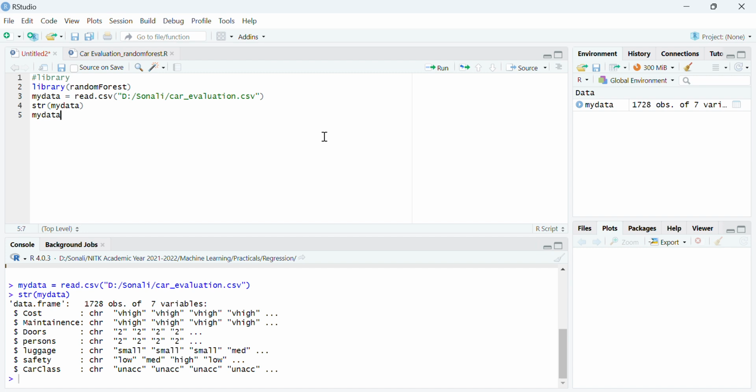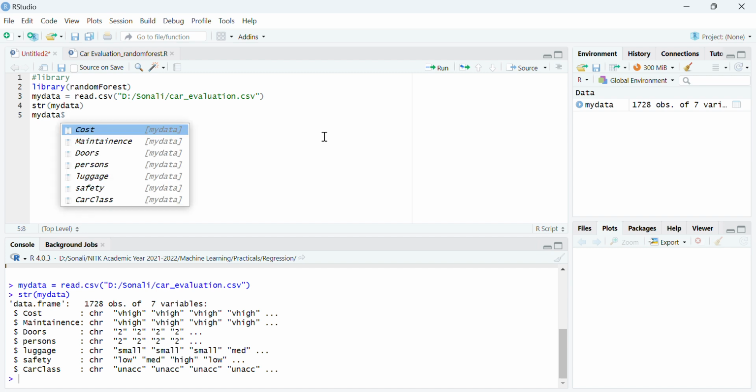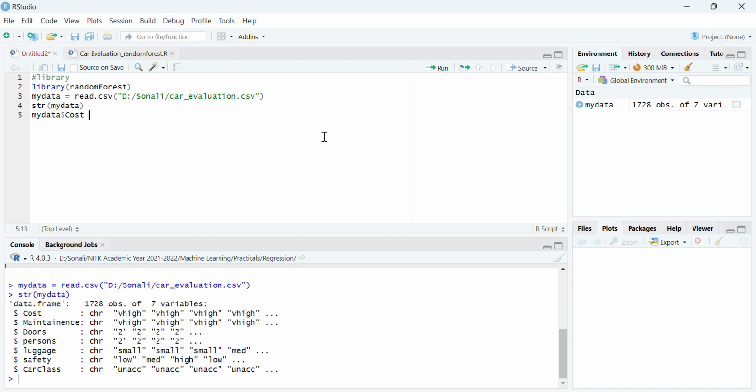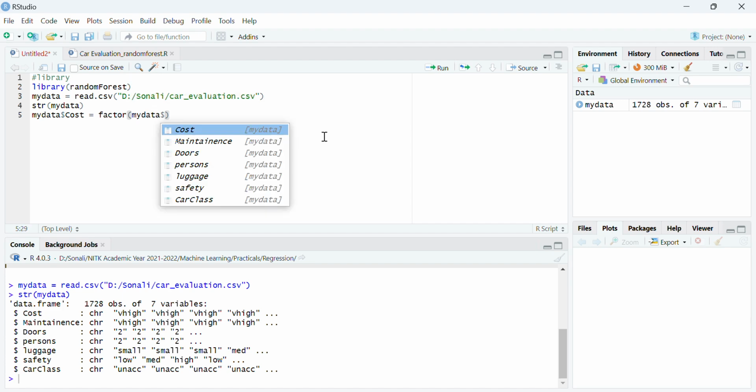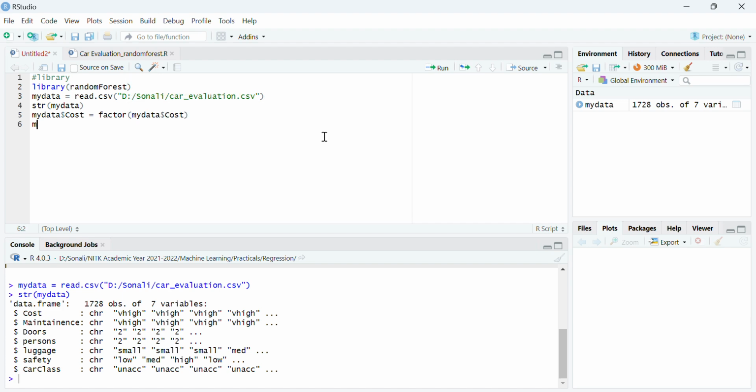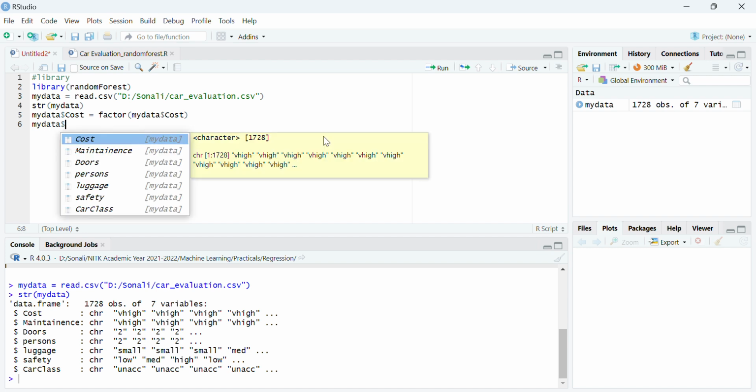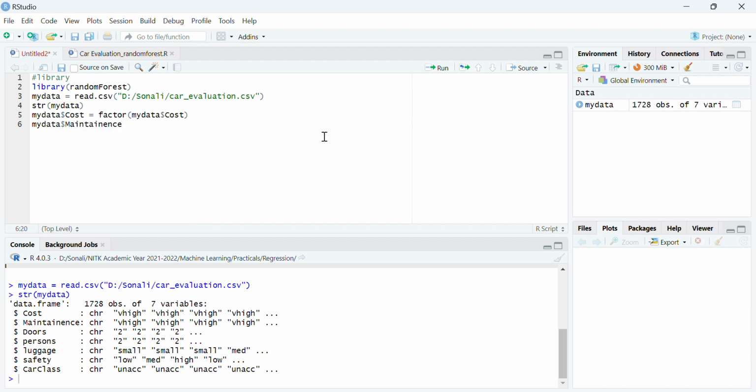So what we need to do here is first convert all the parameters into factor variables, that is, categorical variables. Let us get started with the cost. Then the next parameter, maintenance, has to be converted into a factor. Similarly, all the variables have to be converted into categorical here.